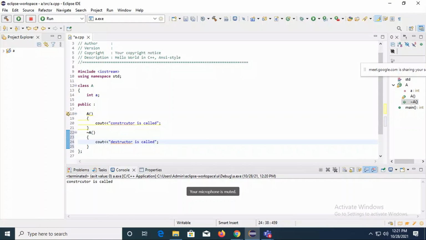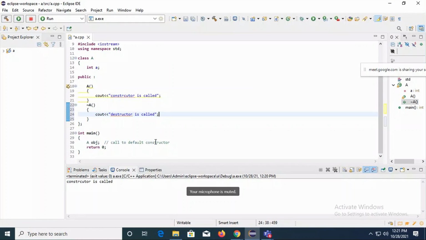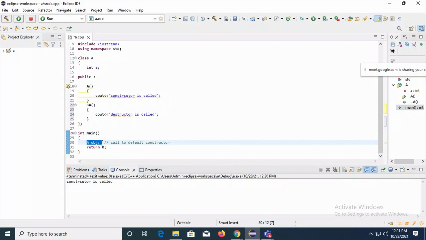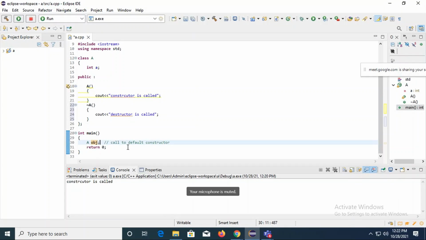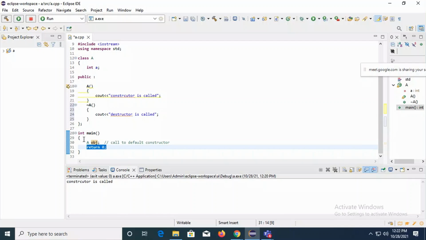Fine. Now there is no specific calling for constructor and destructor, but it will get called here only. तो जब आपने ये statement लिखा, from here the control is passed to the constructor. Immediately this is executed and the control is coming out to the scope resolution. Then the compiler control will come to the next line. Next line is return 0. That means compiler knows कि OBJ का scope यहाँ तक ही है. OBJ scope is going to get ended here. Because return is the last statement inside this module, right?